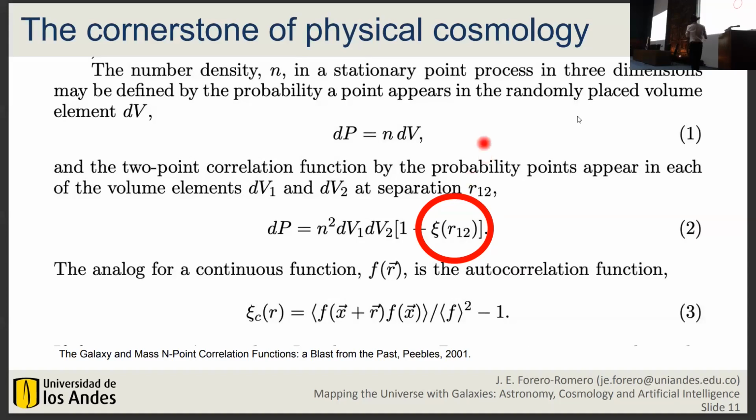This basically explains why Peebles got his Nobel Prize, basically by establishing the two-point correlation function as a robust tool in physical cosmology. Why a robust tool? Because you can apply it to observations, to simulations, and from theory, if you have a theory of the matter and energy content of the universe, you can predict more or less what correlation function you expect. So you are able now to compare theories against observations, against simulations, and constrain cosmological parameters.